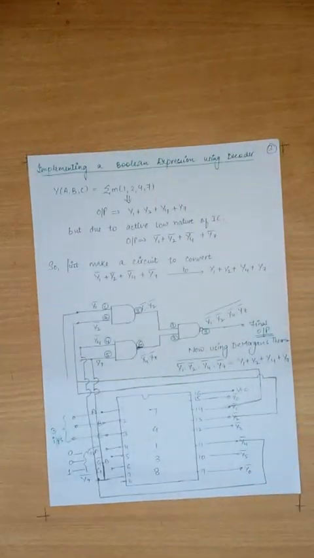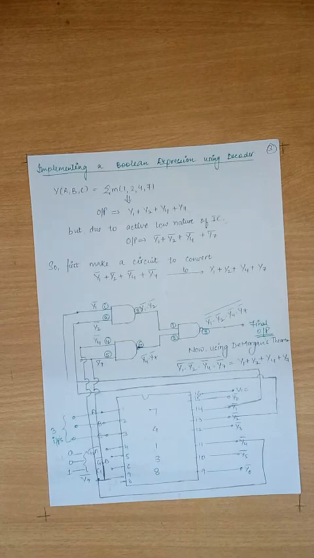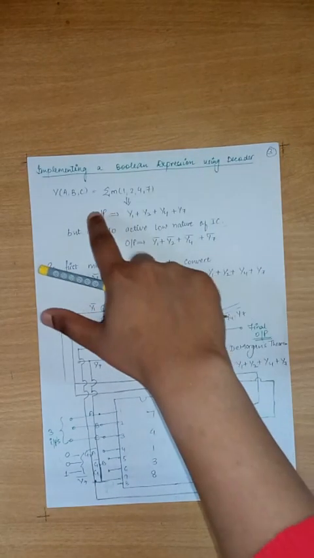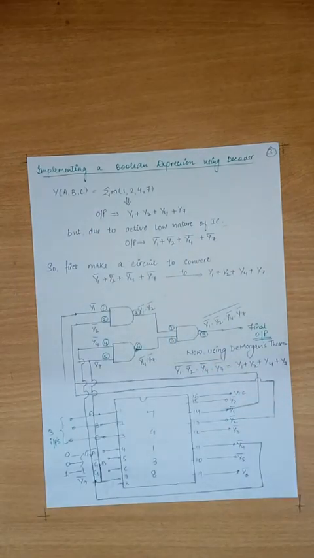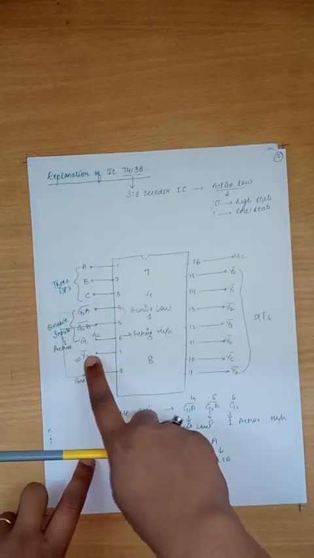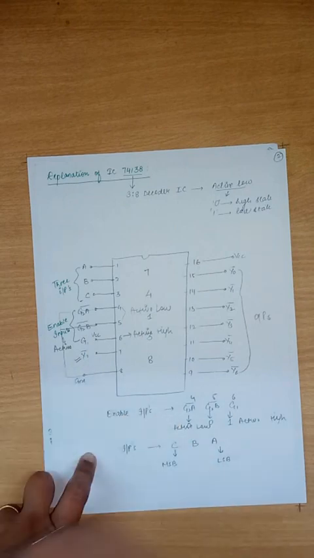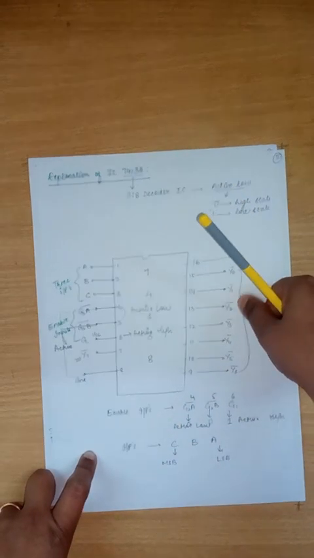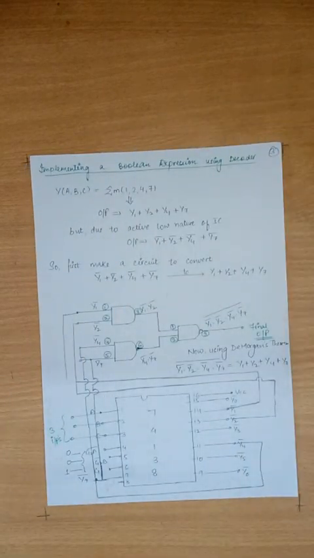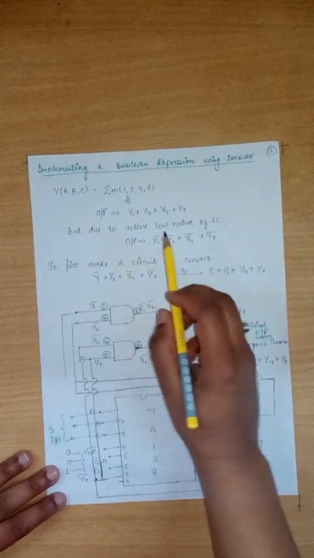Now we are going to implement a Boolean expression using a decoder. Let us suppose we are going to implement y(A,B,C) as sigma m(1,2,4,7), where the decoder output I want to achieve is y1 plus y2 plus y4 plus y7. But as we could see from the previous discussion, it's not y7, it's y7 bar. It's not y1 or y2, it's y1 bar and y2 bar. So what we are actually receiving from the decoder is y1 bar plus y2 bar plus y4 bar